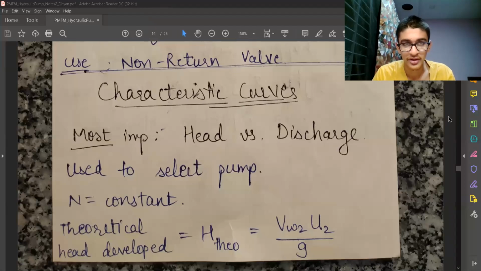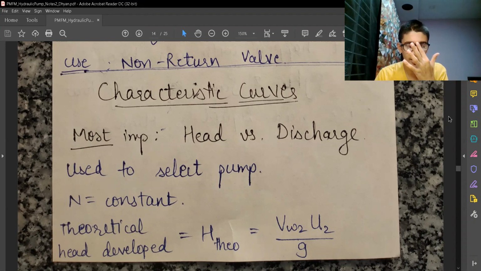So in the earlier video, we have seen a very important concept, that is a practical problem which happens in pumps, that was priming. And the newer pumps, I said, are having self-priming property, that they are using some arrangement of valves such that it does not require a manual priming.